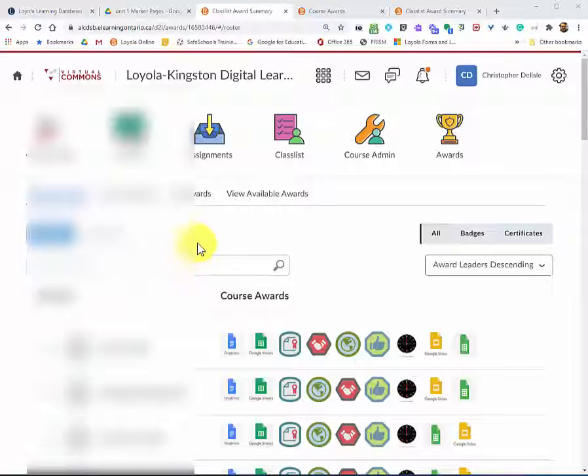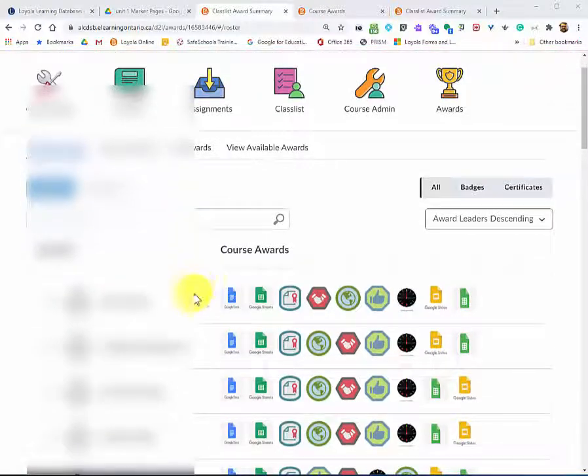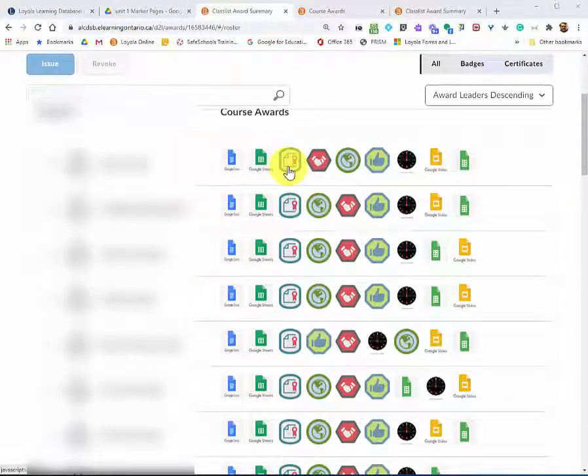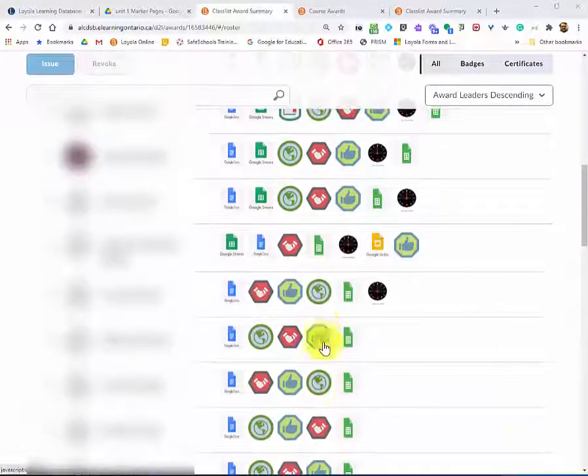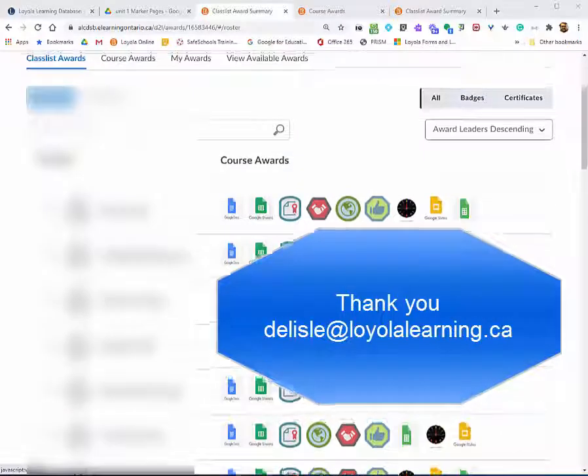Last thing, I wanted to show you an active class, and so I can see easily track students who have completed the course. They got the certificate here, which I had to issue individually, but all the other ones popped up automatically for them when they submitted their slideshow, when they were almost done their Google Sheets, and when they finished their Google Sheets. Those icons I put in individually, and then I can track the rest of the students as they're going through to see where they're at in this work-at-your-own-pace course.